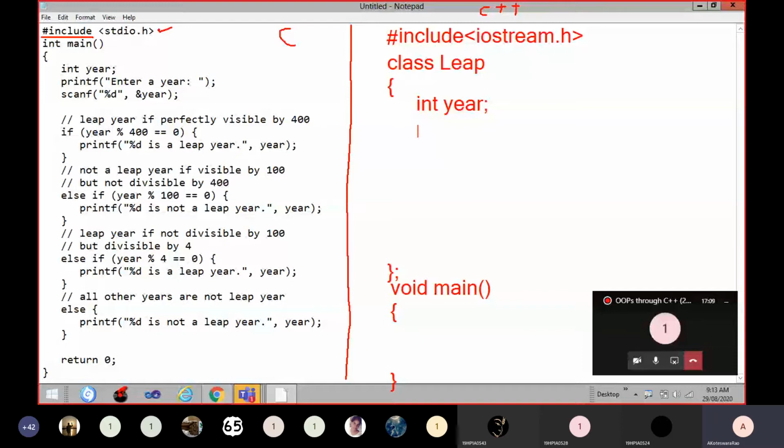So next thing is functions. I want to convert this functionality into a member function here. So void, function name.